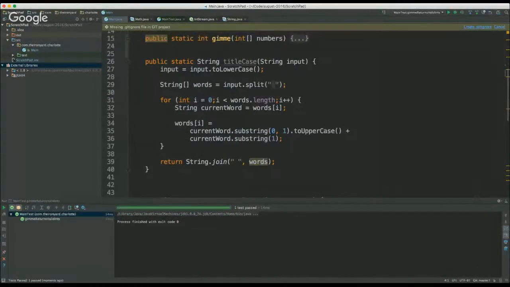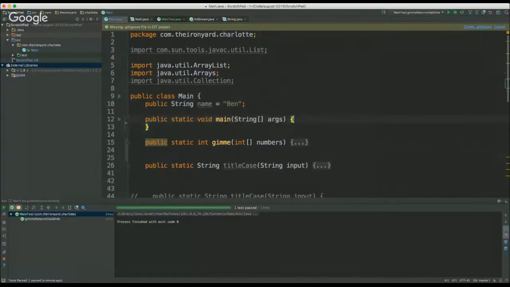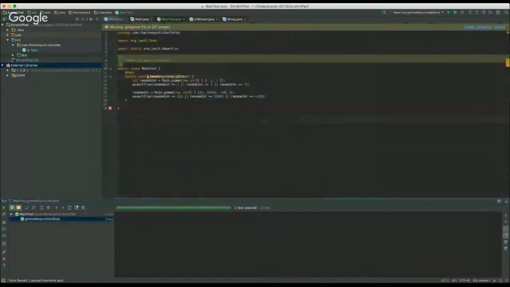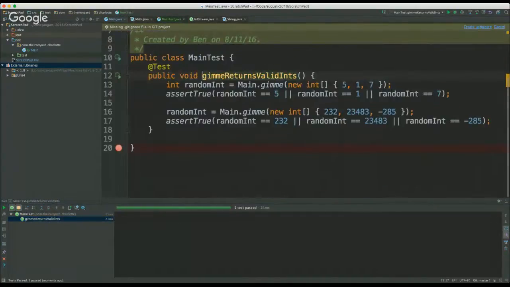So check it out. We don't have anything in main. Main is nothing. We're going to run our test. So from now on, what you're going to see is when I run my solution, it's going to be a test of my code and not something that's executed through the main prompt, which is a more appropriate way to do things. If we look at our test, we can double click here in the test run pane. I'm calling